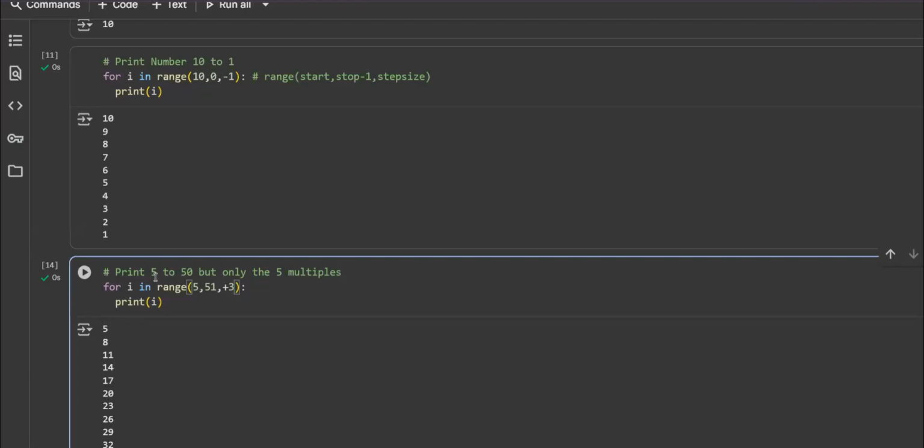Now what I'm supposed to do? I'm supposed to do 5 to 50, but only 5 multiples. So I'm supposed to get 5, 10, 15. So basically, I'm supposed to add 5 to each and every value. Now we are able to see 5, 10, 15 till 50. Correct? Okay. Now the question is